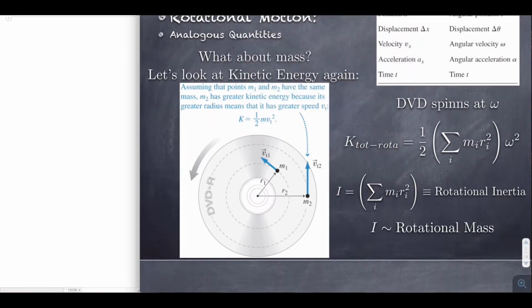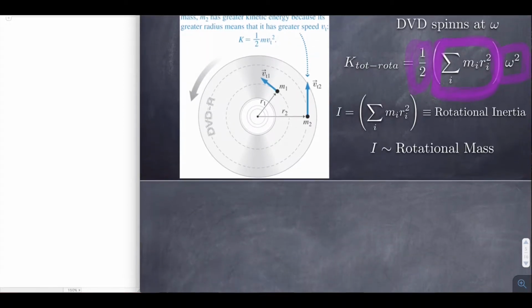To find the total is to sum over all complete masses. And so if you look at this, we have 1/2 some object here times a velocity squared. Okay, so that makes this part here look like a mass, right? It would be 1/2 m omega squared, and this piece here is what we actually call I, or the rotational inertia. So I is a rotational inertia, or rotational mass. So I is the rotational mass of the entire